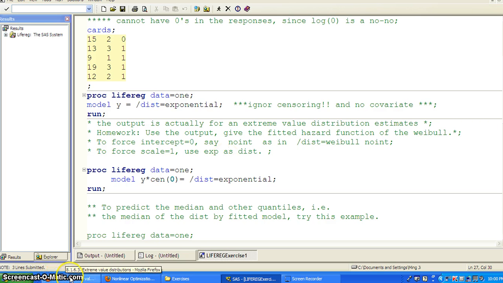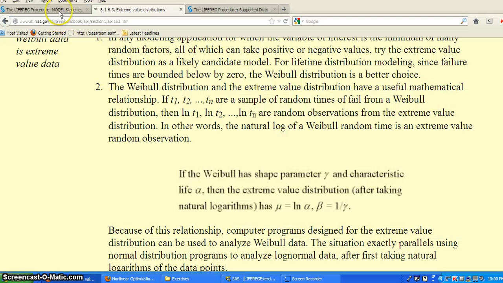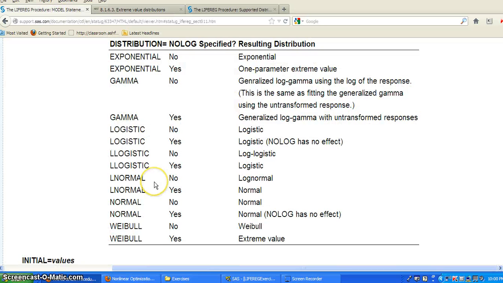Okay, so to really understand these, if we go back to the SAS documentation for PROC LIFEREG, so here are the distributions LIFEREG supports. And in the model statement, if we specify distribution equal to exponential, then it's going to fit a one parameter extreme value distribution. And the reason is that